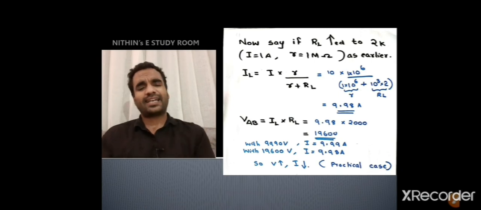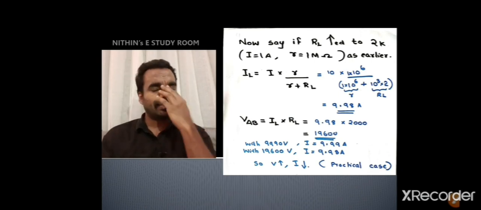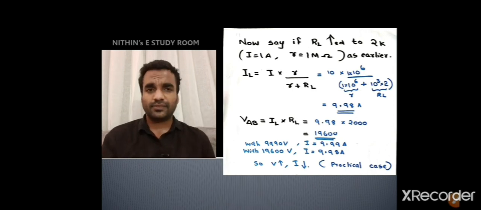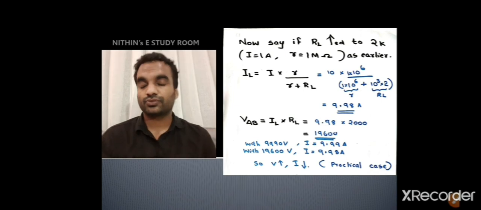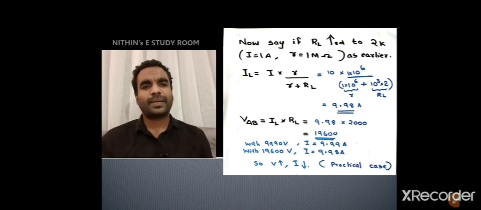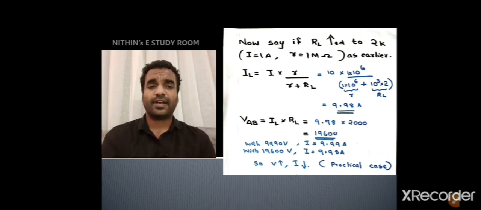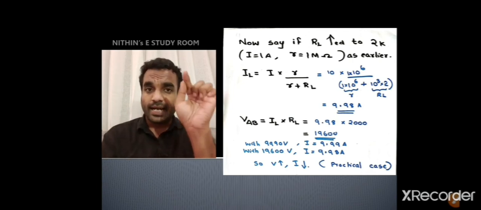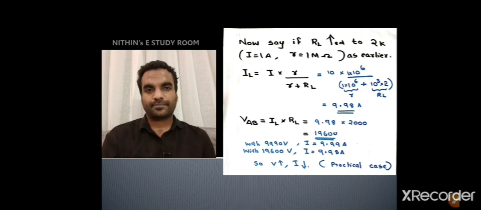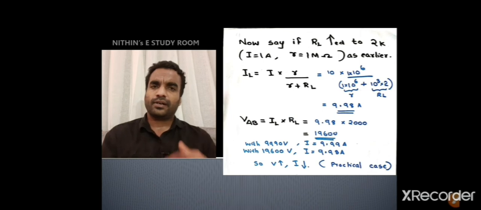So why did this happen? What is the basic reason for this change in current? Sorry, say change in voltage. I'm sorry. This is an ideal current source and a practical current source. So what is the basic reason for the change in current value? It is due to the modeling of that parallel internal resistance. Without that internal resistance, we will not get such a reading. So now it is very clear.